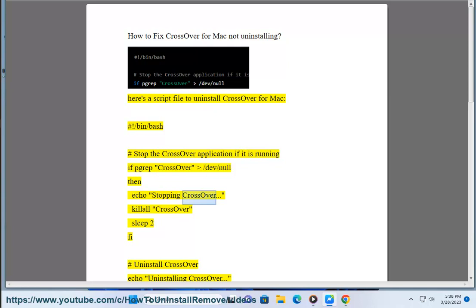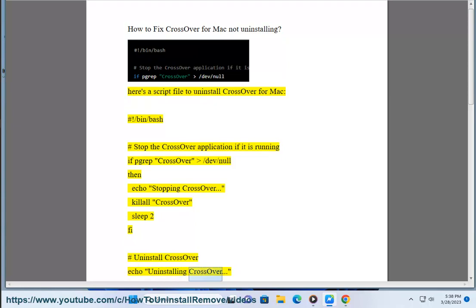CrossOver /dev/null then echo stopping CrossOver. Killall CrossOver sleep 2 fi #uninstall CrossOver echo uninstalling CrossOver. Sudo